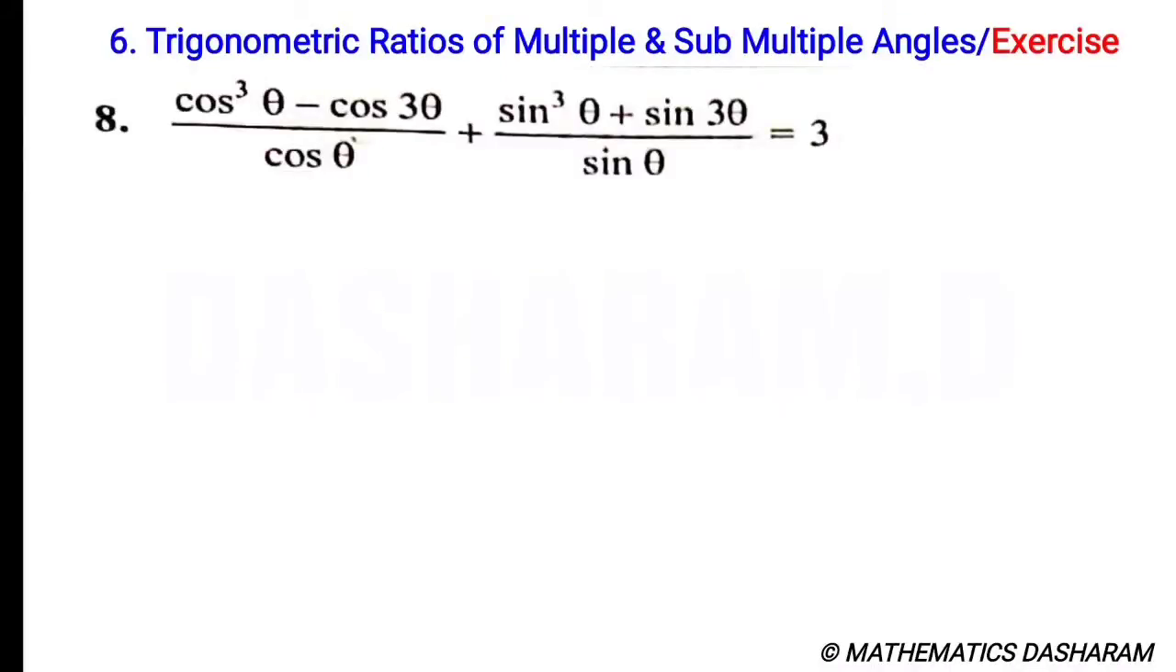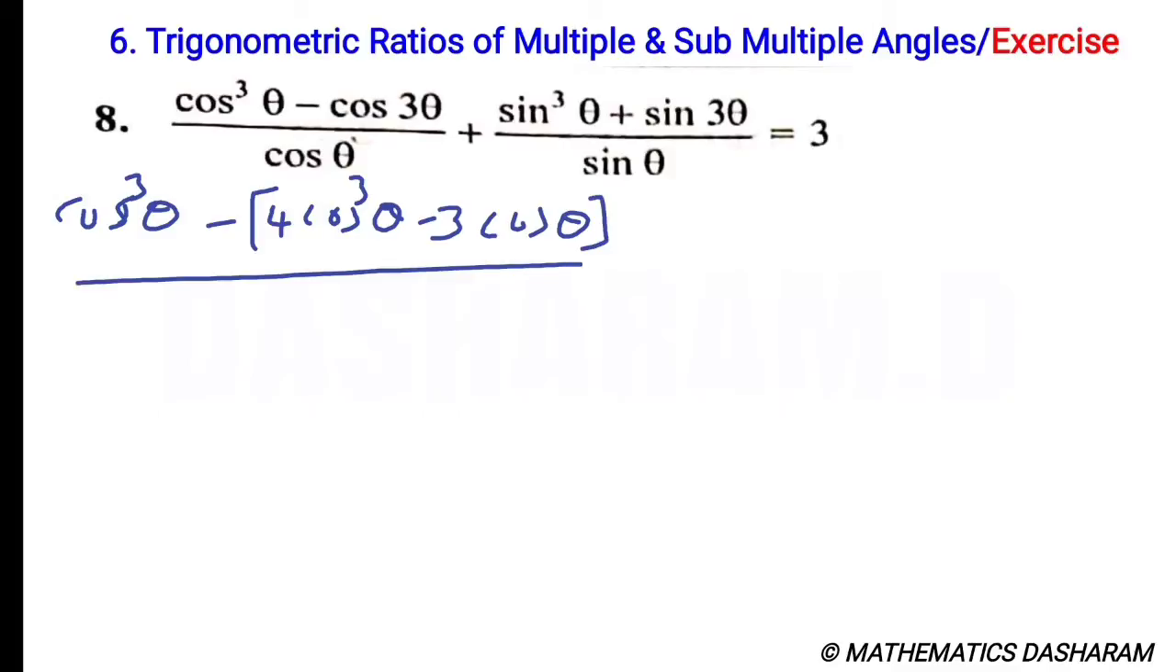Eighth question: (cos cube theta minus cos 3 theta) divided by cos theta, plus (sin cube theta plus sin 3 theta) divided by sin theta, equals 3. So in the LHS, let's substitute the cos 3 theta formula. So cos cube theta minus, cos 3 theta formula, 4 cos cube theta minus 3 cos theta,